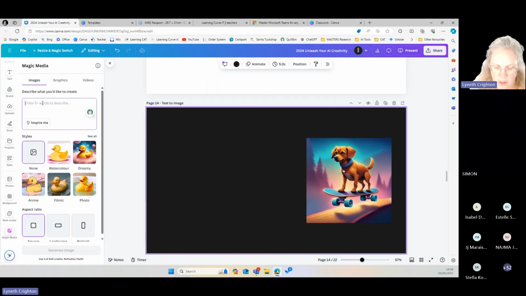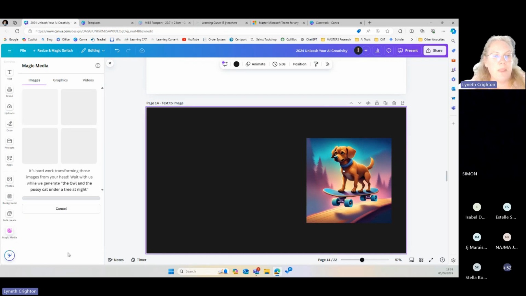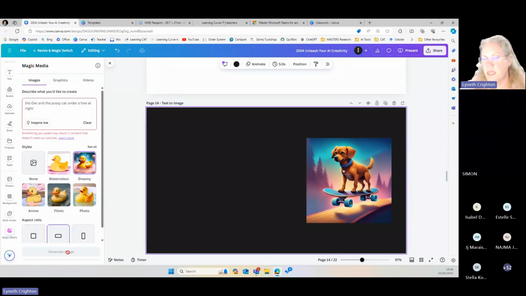So, the owl and the pussy cat under a tree at night. The better your instructions are, the better your image is, and also the better your spelling is, sorry. I can choose what kind of style. I can choose whether I want a landscape, portrait, or square. I can click generate,